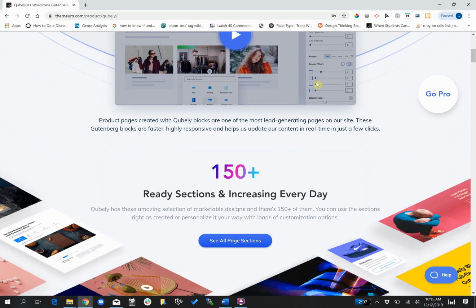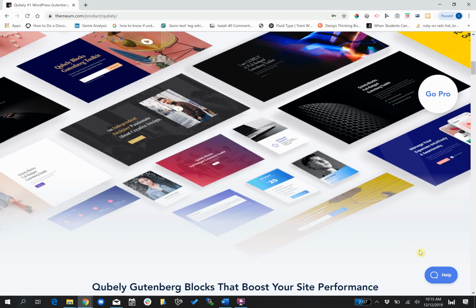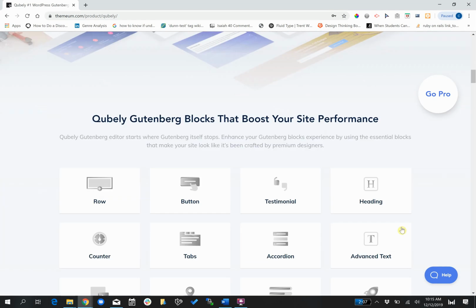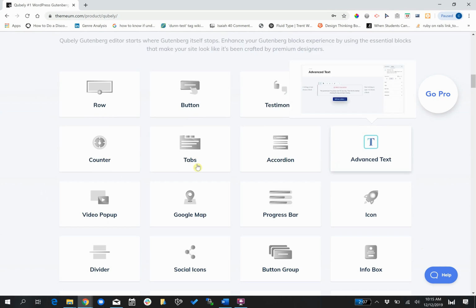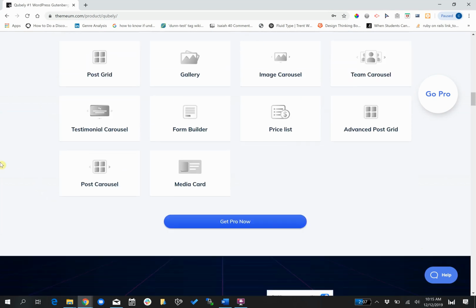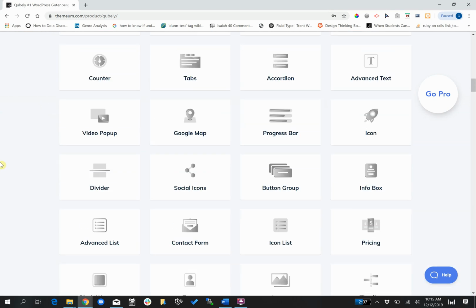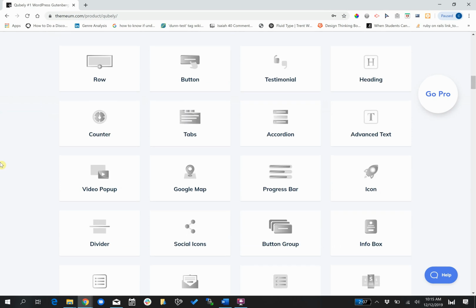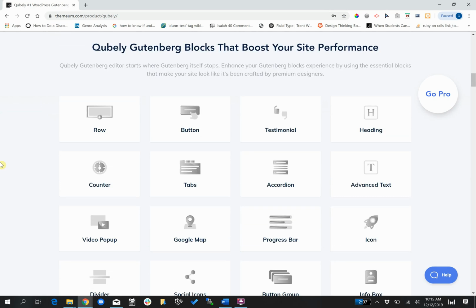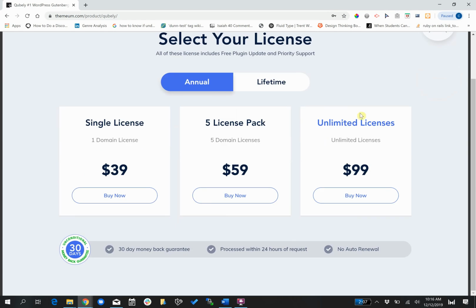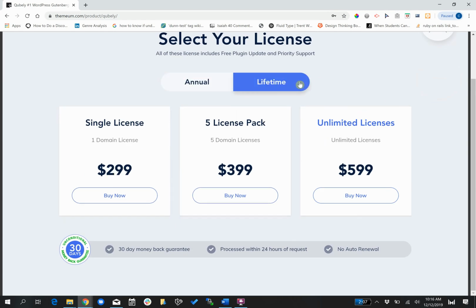there's a free version and there's a pro version. I will be reviewing the pro version. Some of the differences between the free and the pro. Some of the blocks you get are unique to the pro version, and there's a lot of great content blocks. And you get some pre-made custom layouts. You get some with the free version. You get some really, really nice ones with the pro version. The pro version is 39 bucks for a single domain, which is 39 bucks annually, or a lifetime $299 single